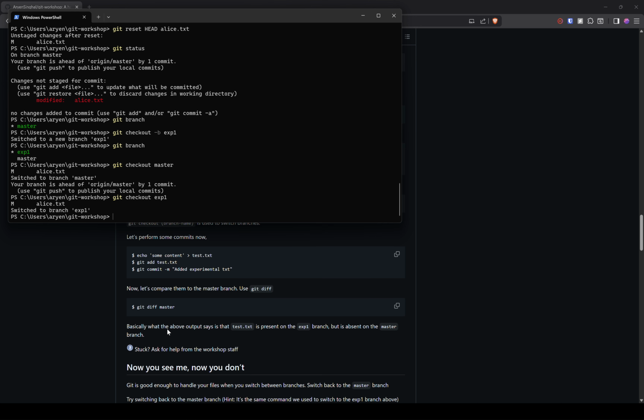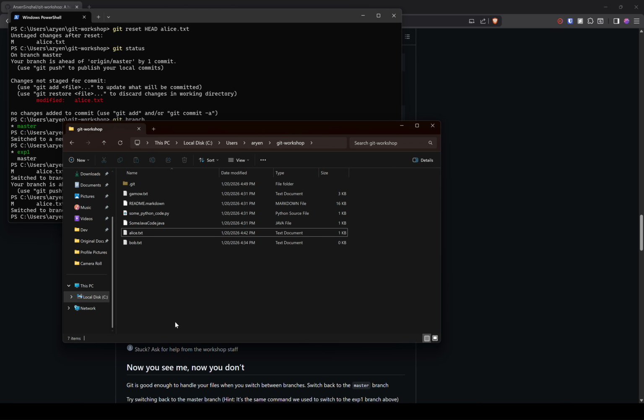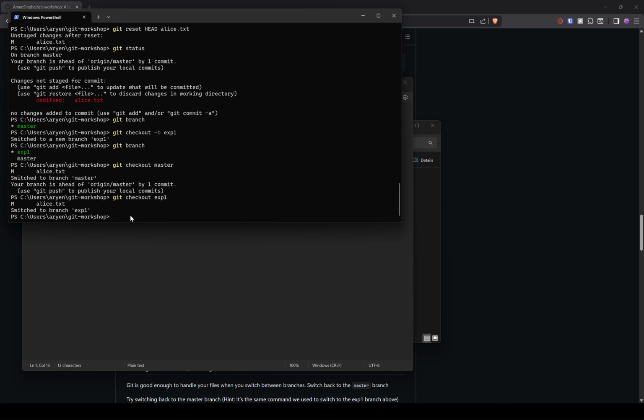Now let's say we make some changes to the exp1 branch. I'm going to make a new file called test1.txt, and let's say we add some content to this. Now, remember the diff command we spoke about earlier? We can also use that to check for differences between branches. So let's say I do git diff